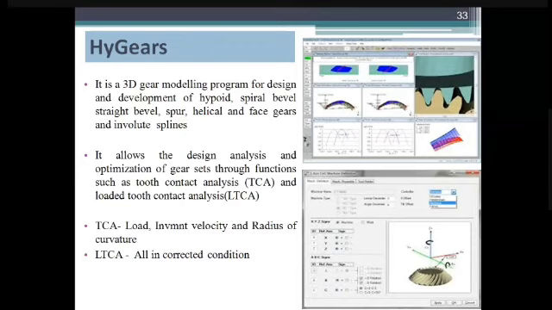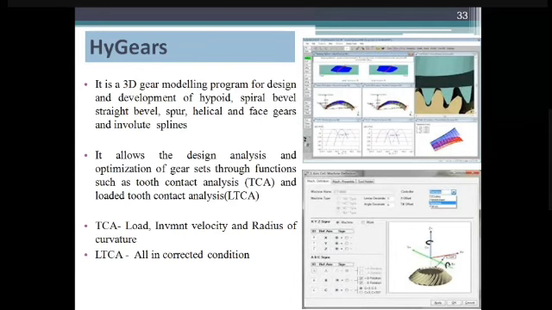The second one is finite element analysis pre-processing for meshing and loading application. It is possible with this software, Hypoid. Then the third one, the evaluation of contact stresses, is possible, so stress analysis. And the fourth one, which is very important, is the output file. What about the output file? Software should give easy access to some other software, because its output files or output data should be useful as input to other software, isn't it? So the CMM, coordinate measuring machine, output file is supported. We can directly translate output to input or input to output. These are the features of the first one, the Hypoid gear software.